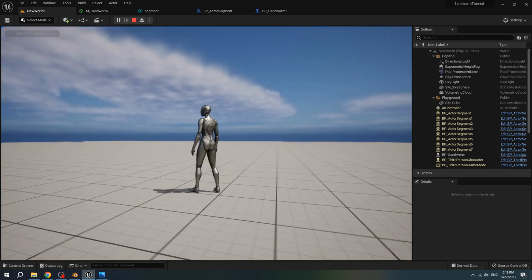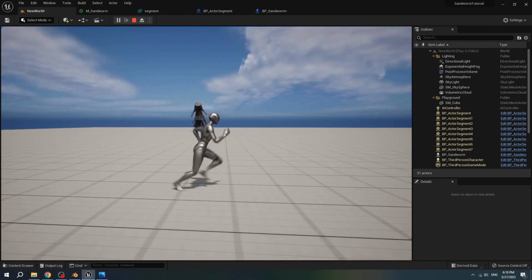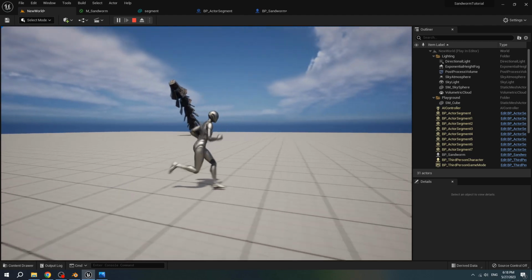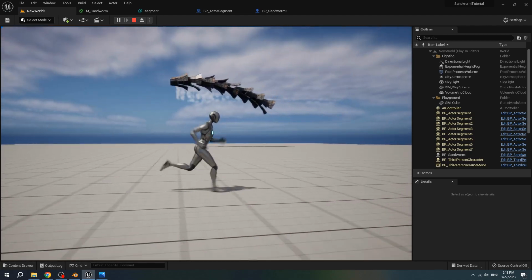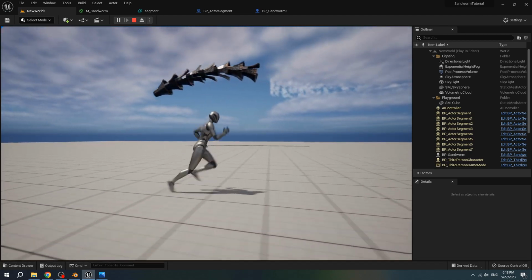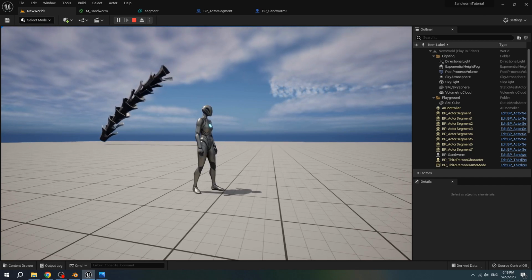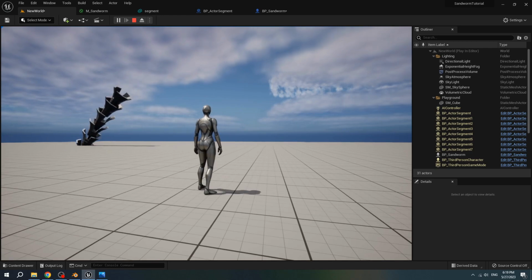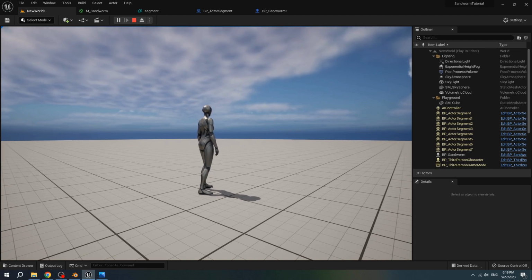Let's play test. Now our sandworm moves along the Bezier curve that we created with the 3 points. And the sandworm will fly to our character.